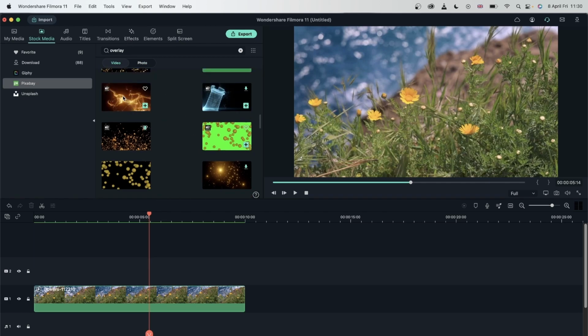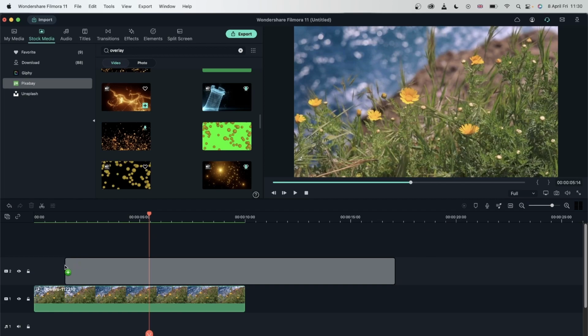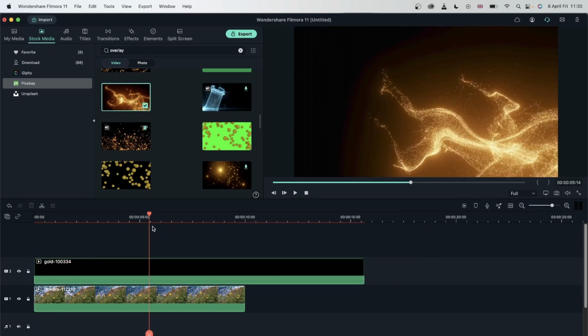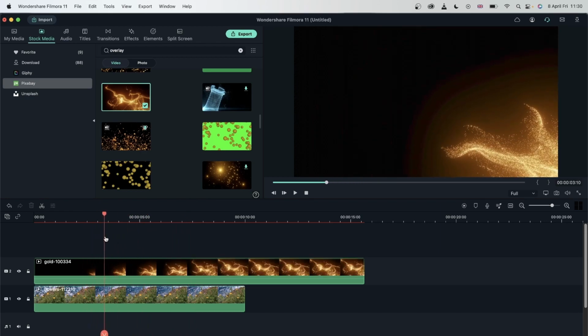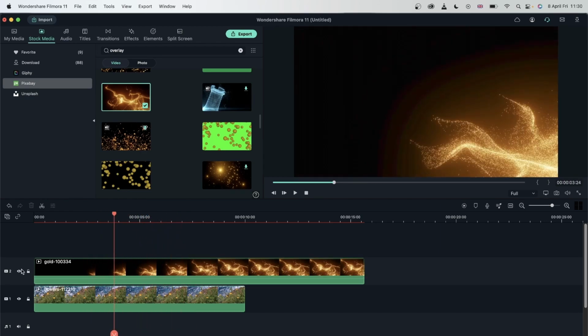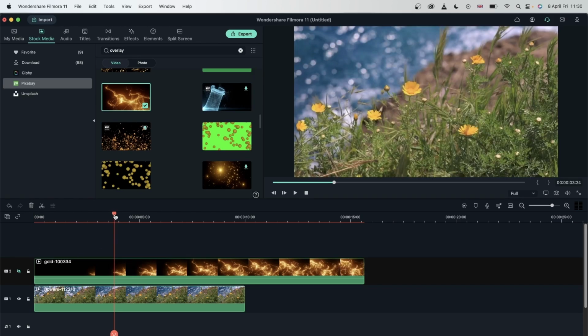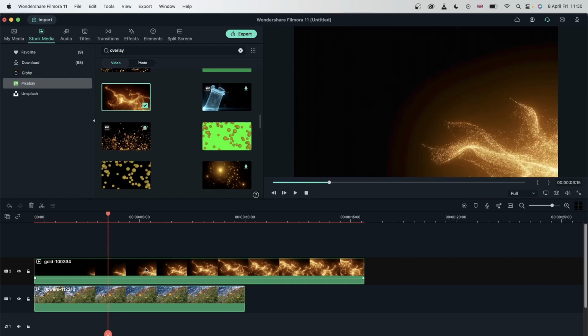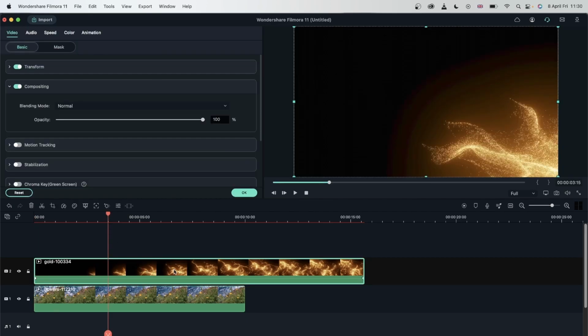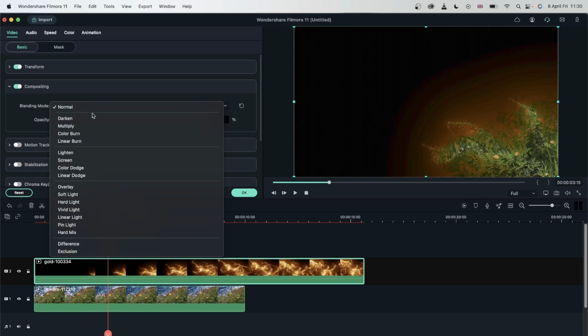All right. So I'm going to drag this fire video on top of my flower video. It's not exactly fire, but you can see we have this pretty cool effect and I want to add it on top of this flower landscape to make it look more magical. Turn this back on. Double click on your blending layer or the top layer and change the blending mode to